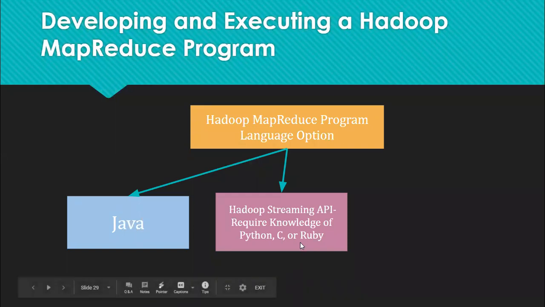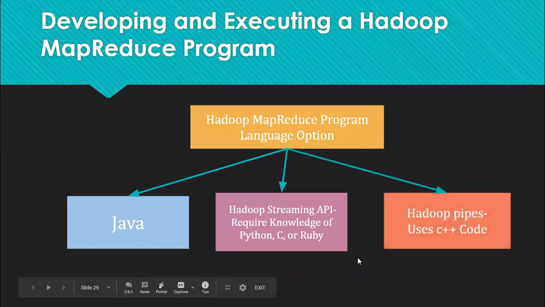So if you have good knowledge of Python, C, and Ruby, you can write code using the Hadoop Streaming API. The third option is Hadoop Pipes, which uses C++ code. If you are very good in C++, instead of thinking of Java, you can think of Hadoop Pipes. So these are the three different language options to write Hadoop MapReduce code.